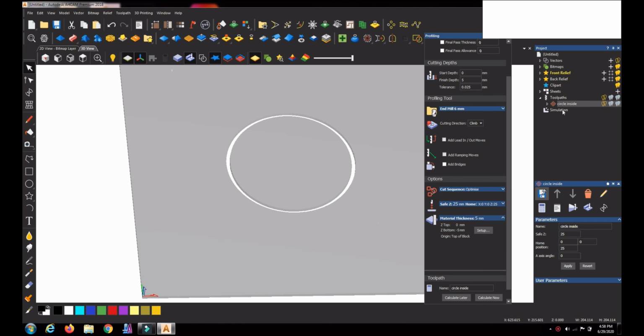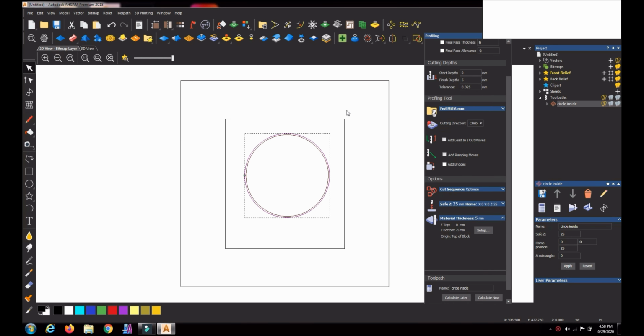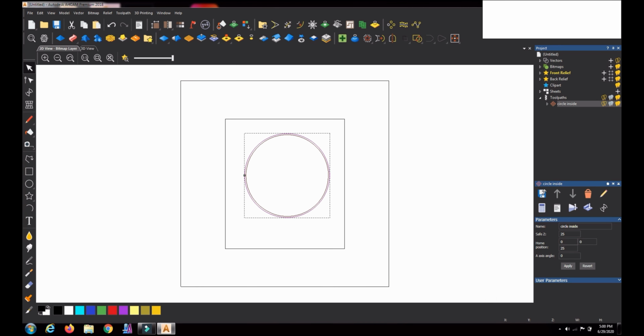Okay, now I can delete the simulation. For that I will click on simulation. Okay, there is a delete button, you can delete it. So whatever is there, it's gone now. Then I am going to this 2D view again. So the 2D toolpath is already there. Okay, now this program is already there.